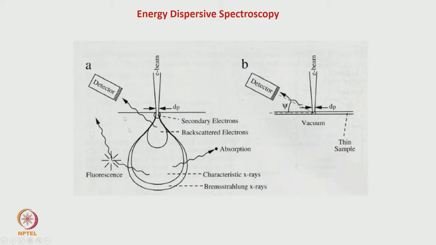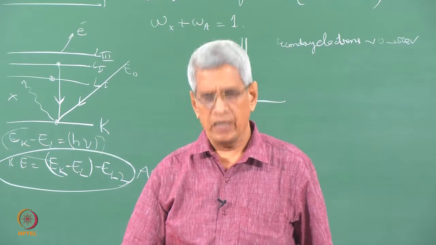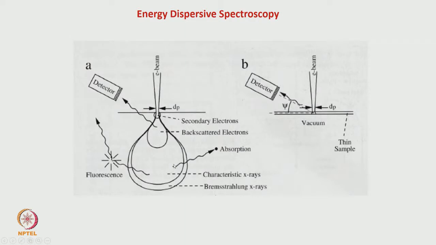The same thing is being shown here, but when these X-rays are being produced, what is essentially important is that the X-ray has to finally reach the detector without losing any energy. Only then can we accurately determine what is the element responsible for this X-ray emission. If that X-ray loses energy continuously, we will not get a peak, and we will not be able to identify the element responsible for this X-ray emission. This generally goes into the background.